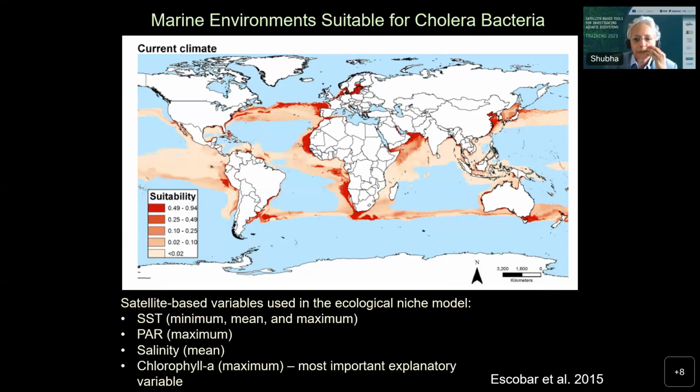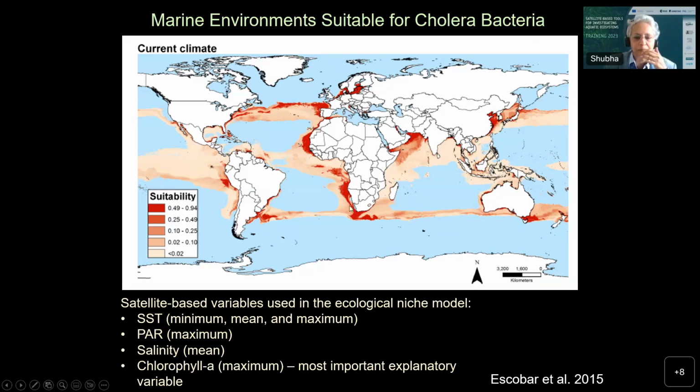In yet another interesting study, Escobar and colleagues looked at information on cholera bacteria from different locations, and then they analyzed the data along with satellite data on SST, PAR, or photosynthetically available radiation, salinity, and chlorophyll A. And in their map also, they come up with these long corridors of favorable conditions for bacteria to survive and